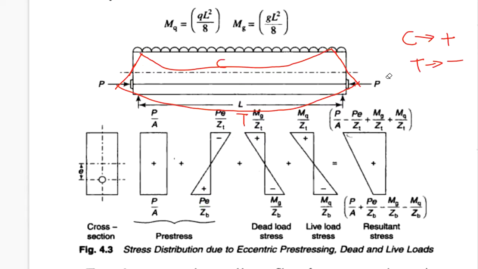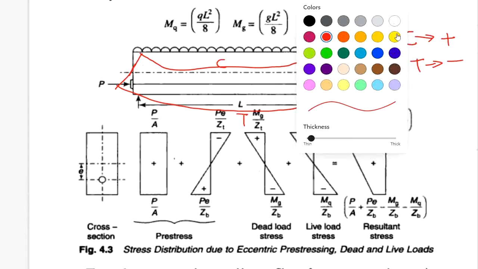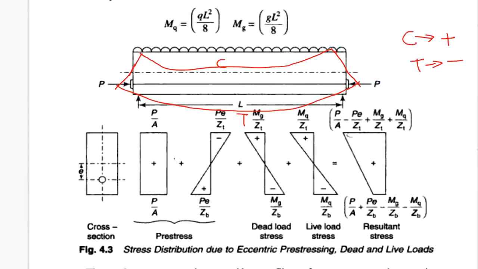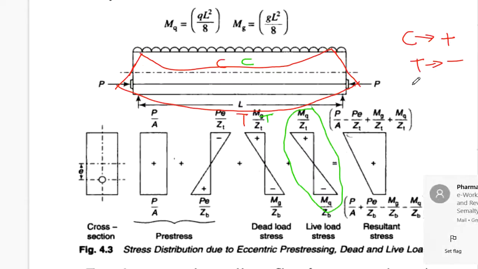So you can just see over here. So this is due to dead load. Similarly, due to live load also, whatever the live load which we apply, the same thing is going to happen. So due to live load, the bending will be in the same direction, and the compression will be at the top and tension will be at the bottom. So you can see tension is at the bottom and the compression is at the top. So this is due to live load.